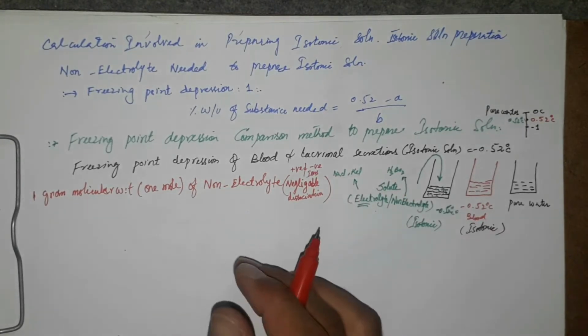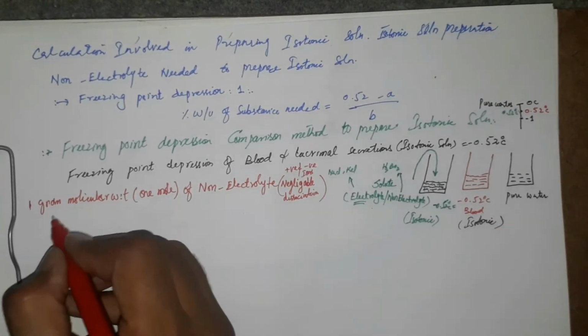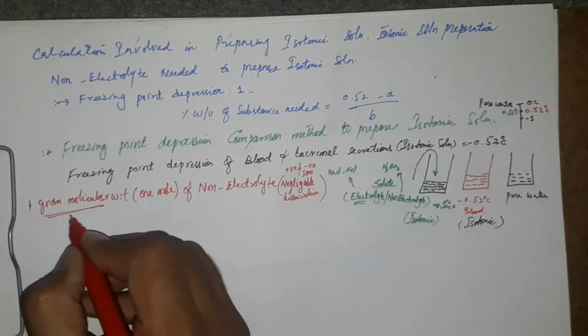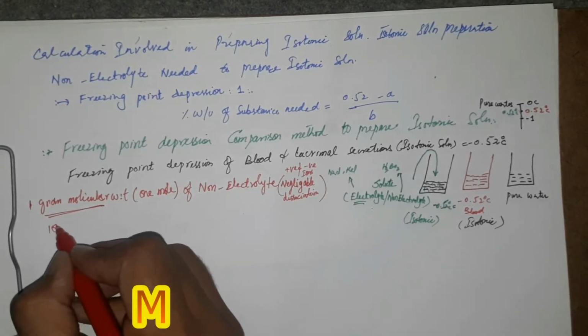For example, boric acid, when 1 gram molecular weight is dissolved in 1000 gram of pure water,